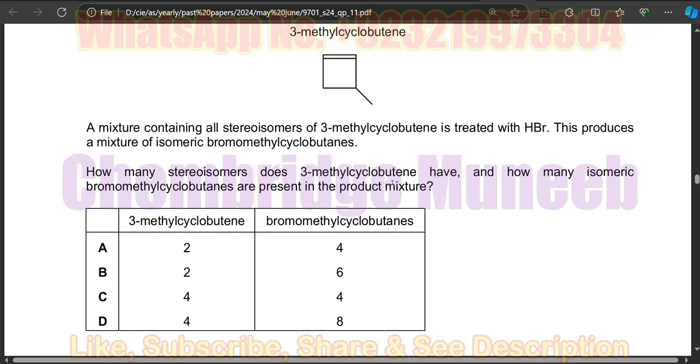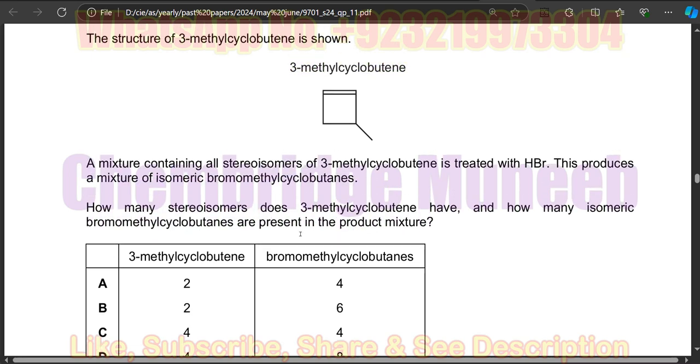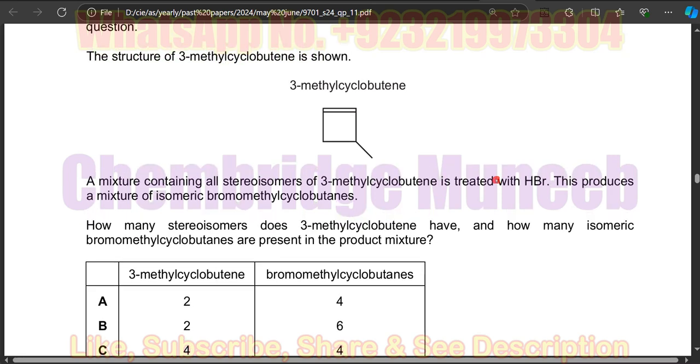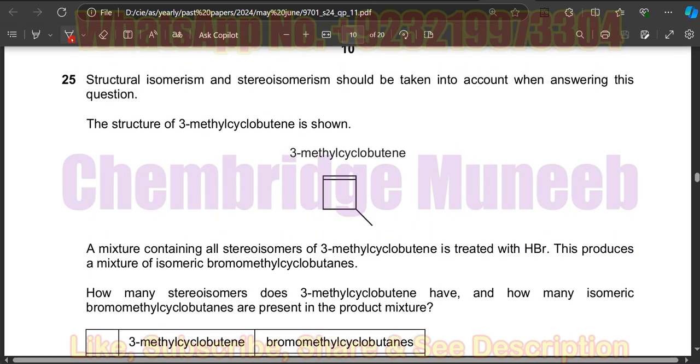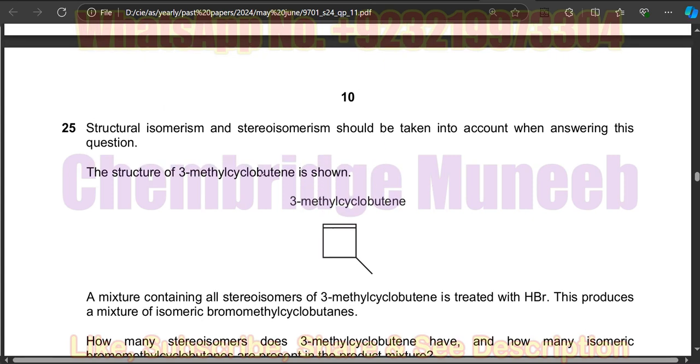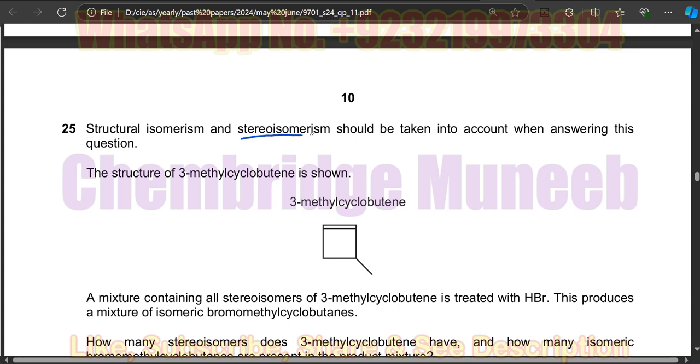So basically we have to treat this compound in two ways. We have to check the stereoisomers when it is in its general form, and we have to check its isomers when it is treated with HBr. For this particular question, you must have a clear concept of stereoisomerism. In stereoisomerism, there are two subclasses. The first is optical isomerism,